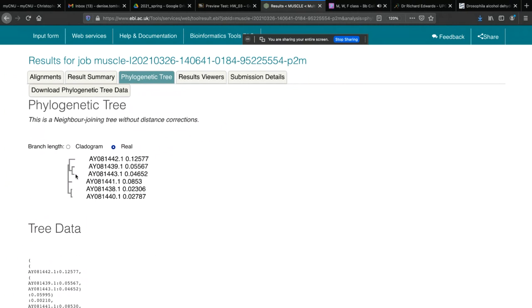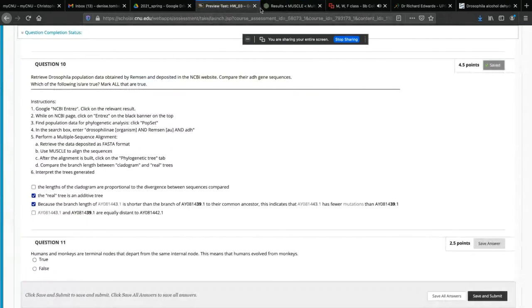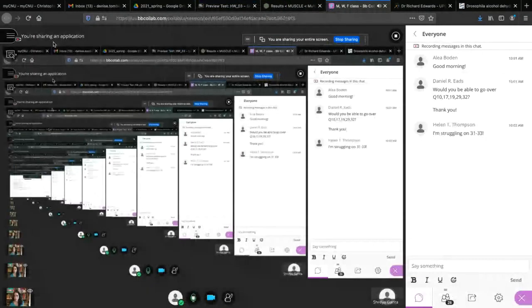In class, I taught you how to do the UPGMA. That's a clustering method. UPGMA is an unweighted pair average. So basically, we just split the difference so that these branches have the same length when we do UPGMA. But then there are more refinements of clustering methods. So that's how you end up with these branches of different lengths when you have these more refined additive trees. So that was question 10. Let me try to do like